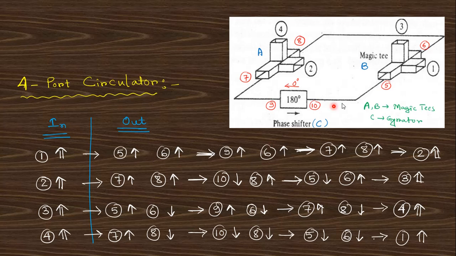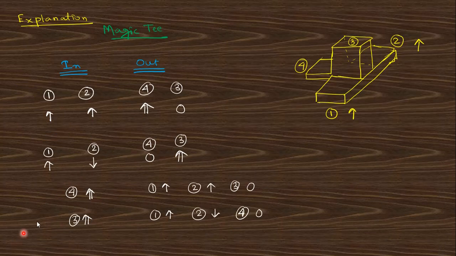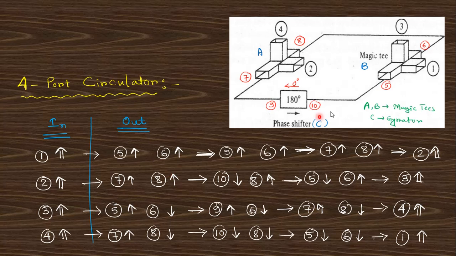If you remember this property of the magic tee, then you can explain this very well. Suppose the input is from 1, meaning magic tee B. If 4 is the input, these two, 1 and 2, are equal. So from 5 and 6, these two are in the same phase. This 6 comes to 8 in the same phase, and this 5 comes in at 0 degrees, so the phase will be the same. So port 9 gives you the same phase, right?